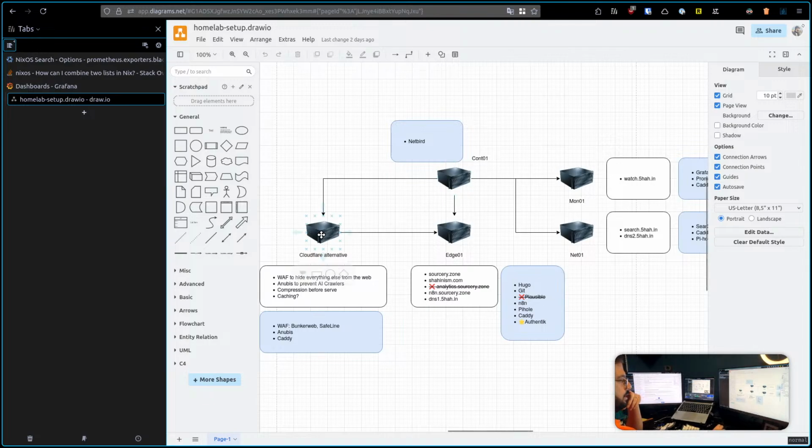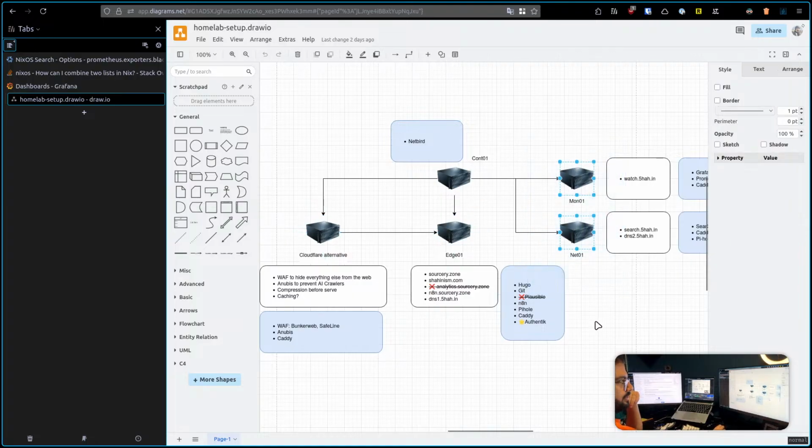This one would be using a web application firewall, probably SafeLine, and Anubis to basically safeguard my main server, my main entry point from crawlers, hackers, stuff like that. And yeah, so far we have these 2 ready. This is good for now.